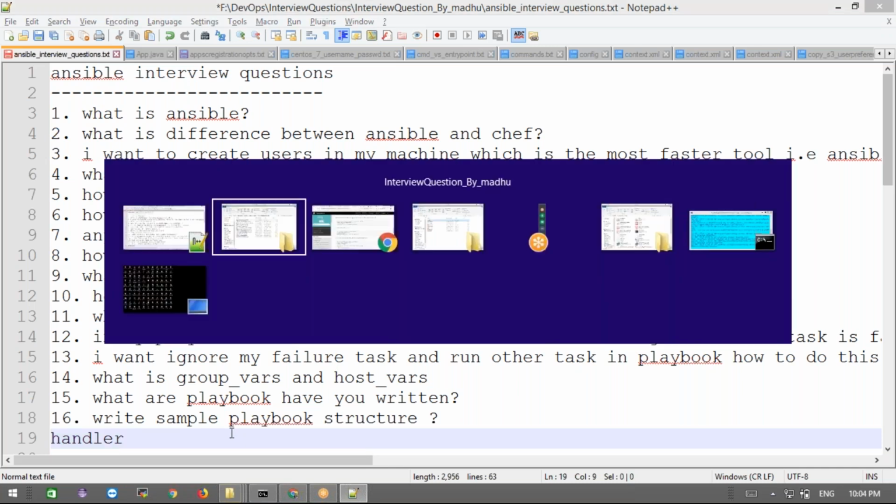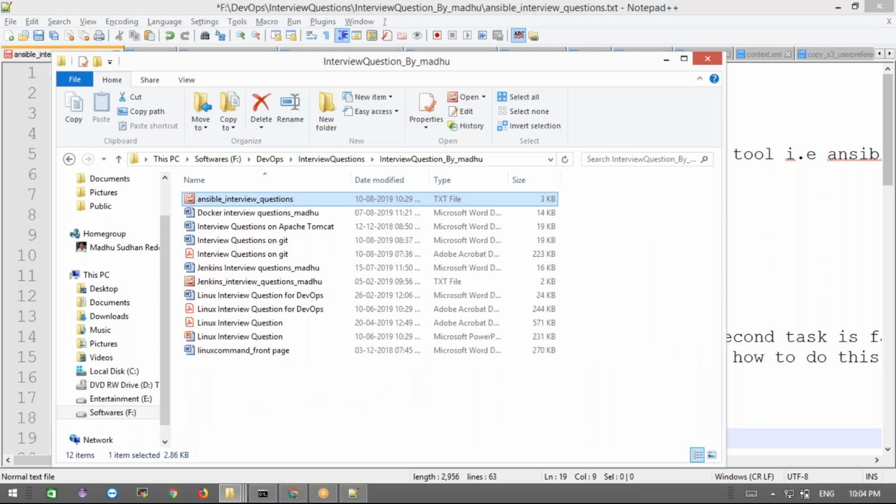Handlers, that is the main thing. And register variable and when condition.